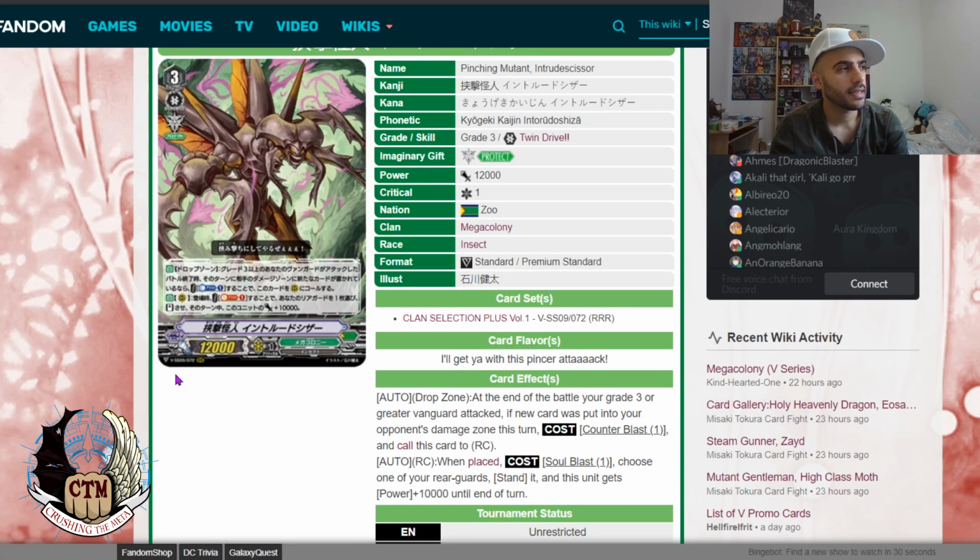Alright, then he has his second ability. When placed, you Soul Blast 1, and then you choose one of your Vanguard, stand it, and this unit gets an extra 10k. So you don't only get 1 extra attack, you get 2 extra attacks by calling this card. So what you do, pretty much, is you have your Vanguard being the Venom Stinger, and you have on one side a Vanguard that is just strong to attack with. And then you will be able to attack first with this Vanguard, and then you attack with the other Vanguard,